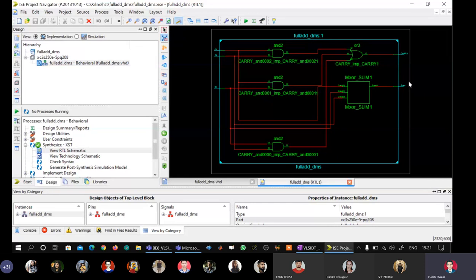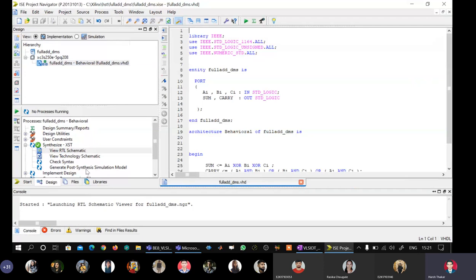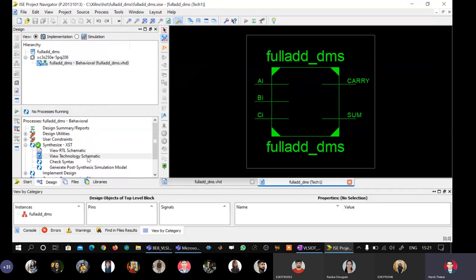And if we see the sum, we can go inside and see what is there inside this. So the three inputs are going inside. So we go here. It is simply using an XOR block here. Okay, there's nothing inside. So we will close this. We'll see a technology schematic.